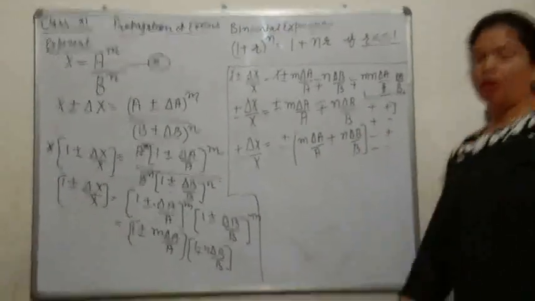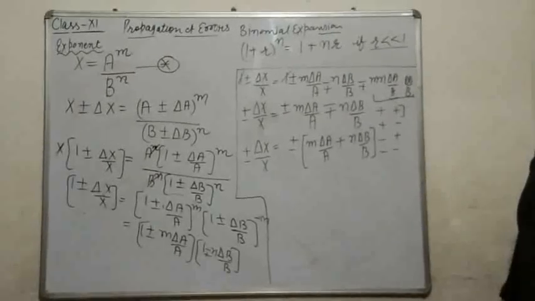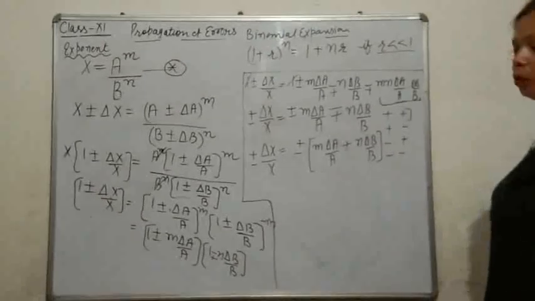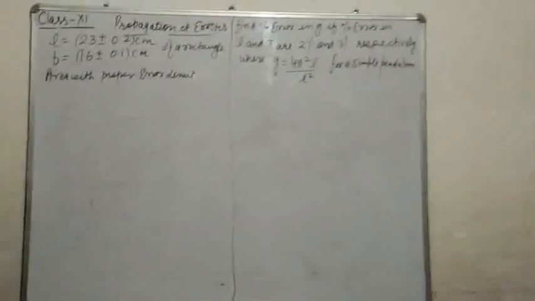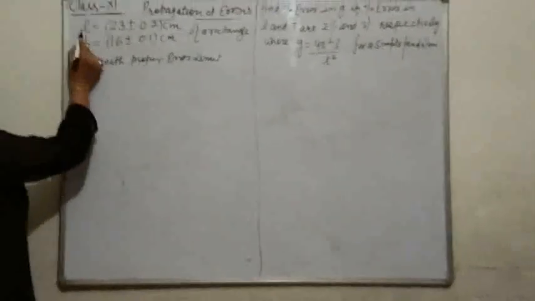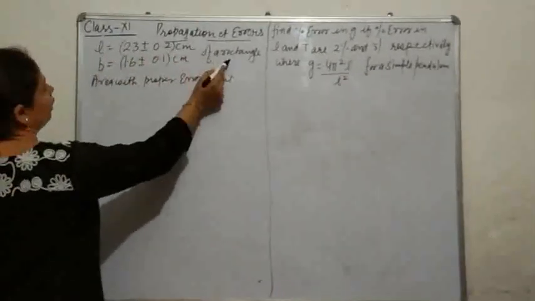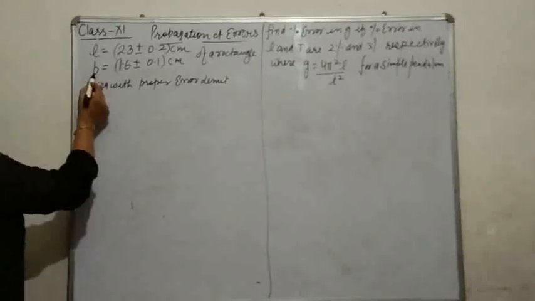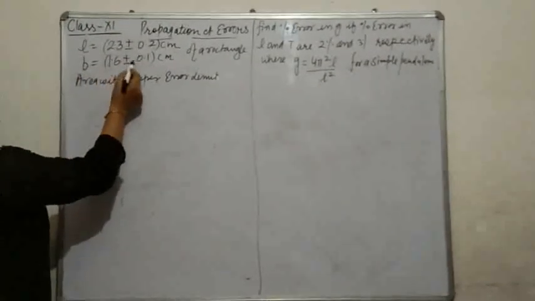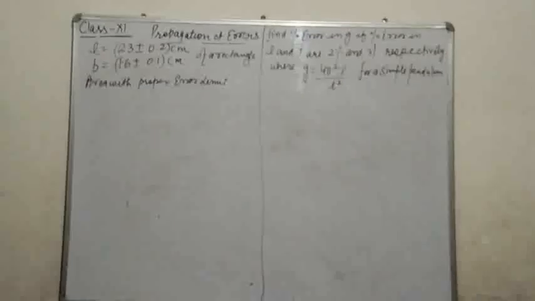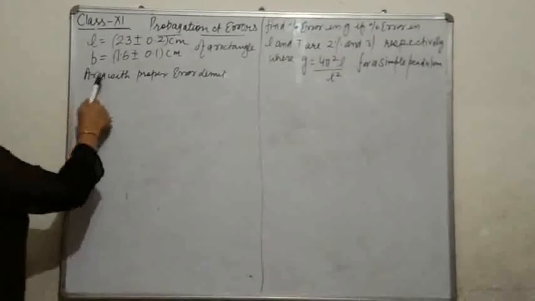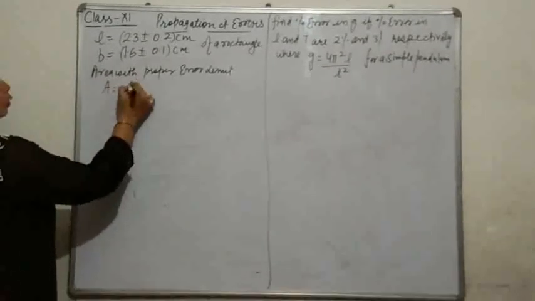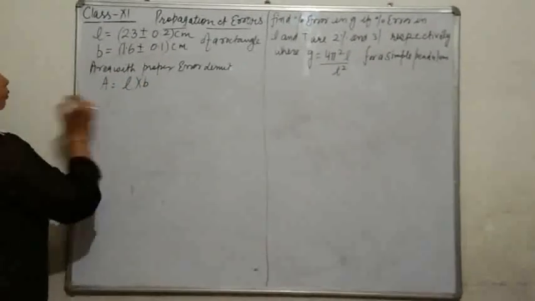Now, to make the concept clear regarding multiplication, division and exponent, we are proceeding with some numerical section. If L, that is the length of a rectangle, is given to be 2.3 plus minus 0.2 centimeter and its breadth B is equal to 1.6 plus minus 0.1 centimeter, we have to calculate the area of the rectangle with proper error limit. Now, as we know that area is equal to length into breadth for a rectangle,